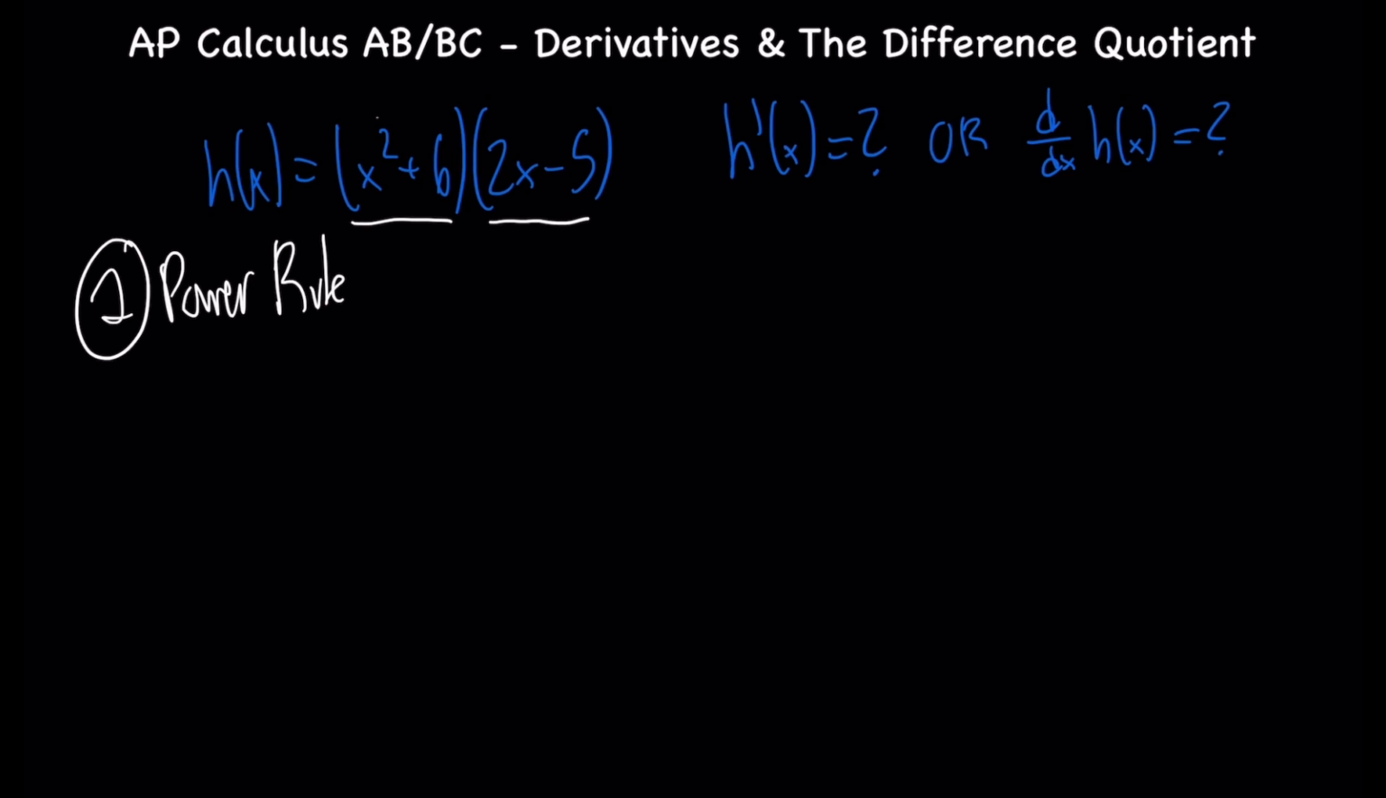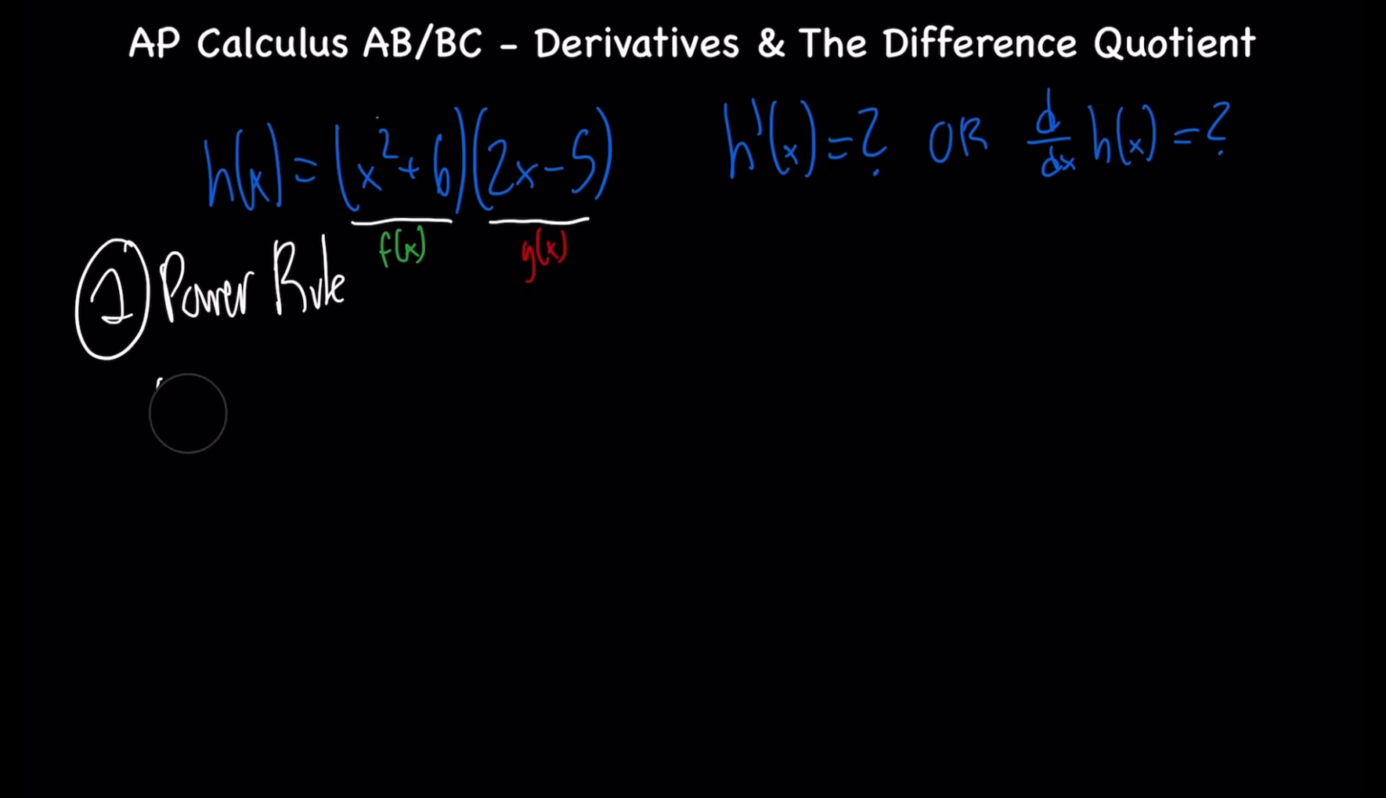By the way, you can think of it this way. This part of the equation, you can assign the f of x. This part of the equation is g of x. So g of x is equal to 2x minus 5. f of x is equal to x squared plus 6. So apply the power rule to there. You end up with,